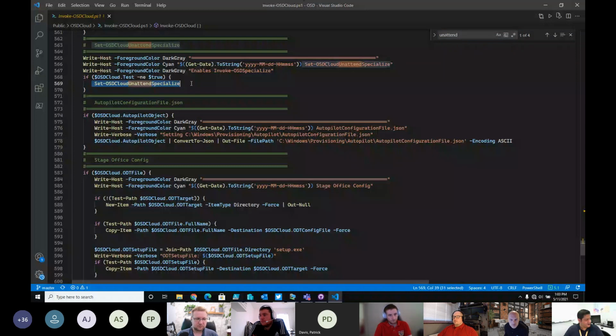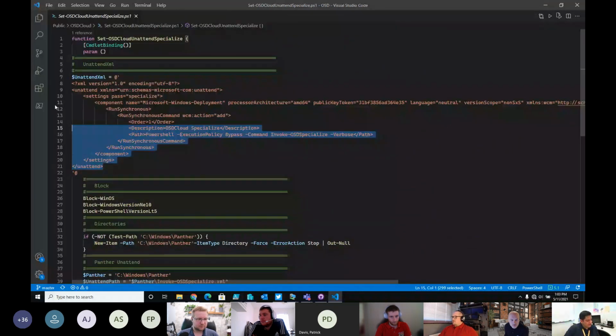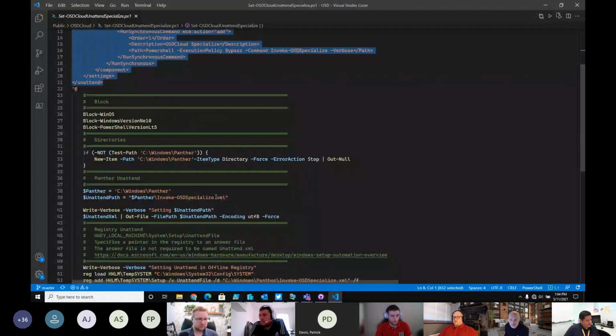So if I look at that function, Set-OSDCloudUnattendSpecialize, you'll see here that this is my unattend file right here. And this unattend file is being written straight into Panther. And then I'm going to run a separate command. Let's see, it's being saved as Invoke-OSDSpecialize.xml. So yes, there is a way for you to put a custom unattend.